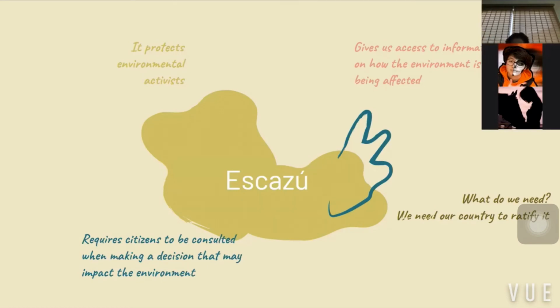Now, something that I would like to talk about, which would be a huge step towards achieving climate justice, not only in Mexico, but in Latin America, is the Escazú Accord, which several countries in Latin America have already signed. However, if we want to make it a reality and apply it to our constitution and make it legal,